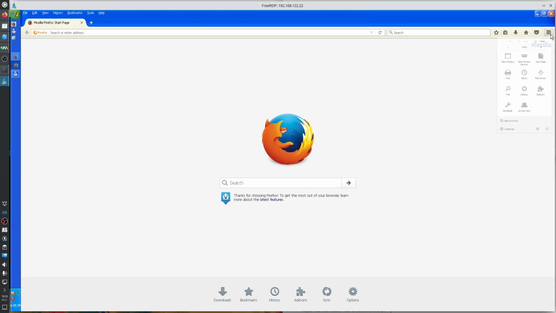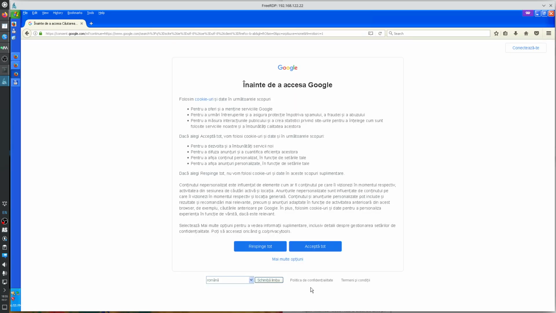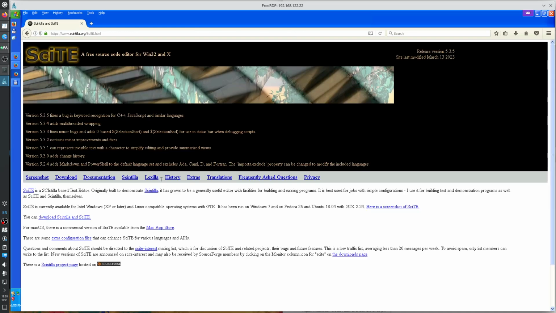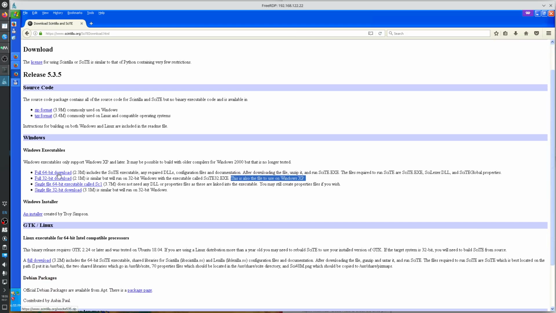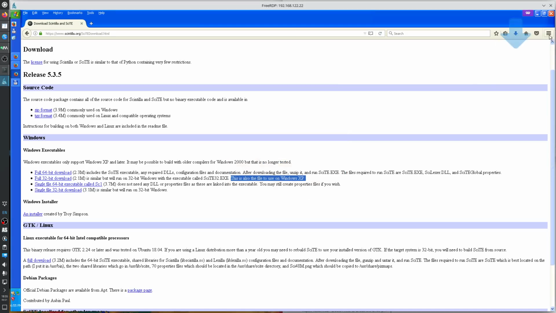Incognito mode. Does it have such a thing? Yes. This thing. Download. Windows executables. The file to use on Windows XP. Let's see what this thing is. So it's a zip file, yeah, looks good. Does not ask me where to download, which is wrong. So let's